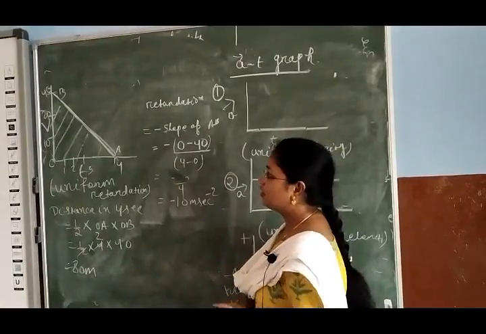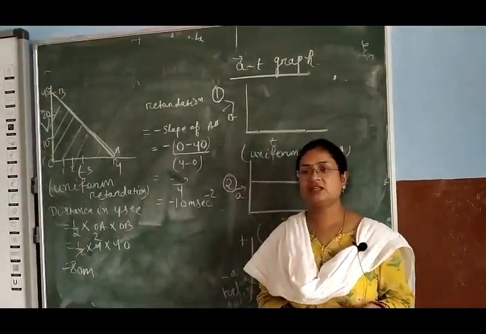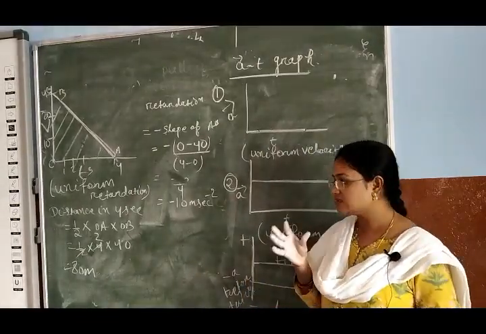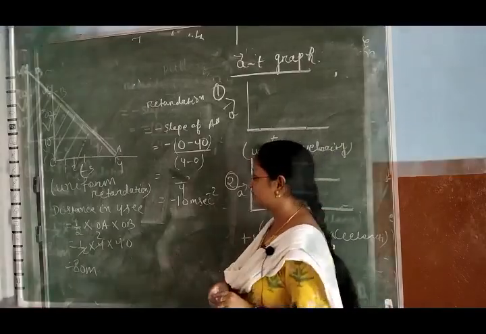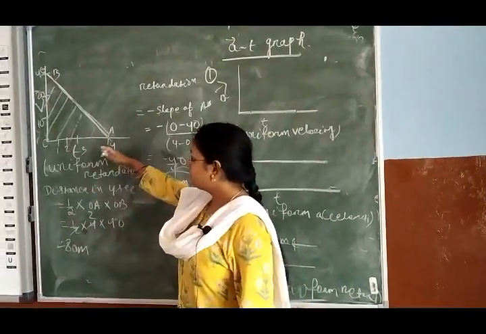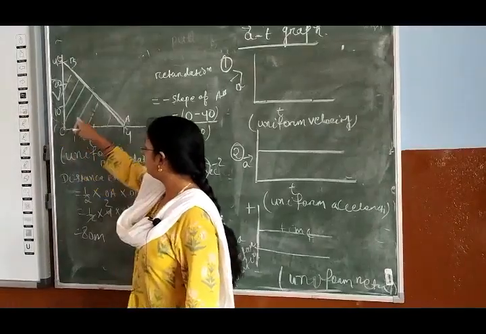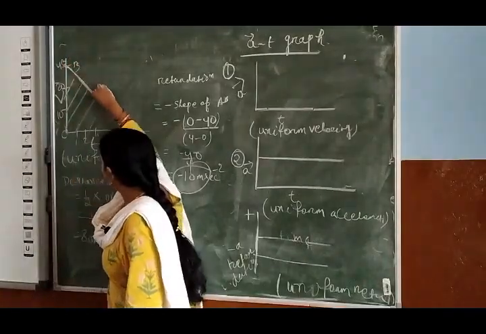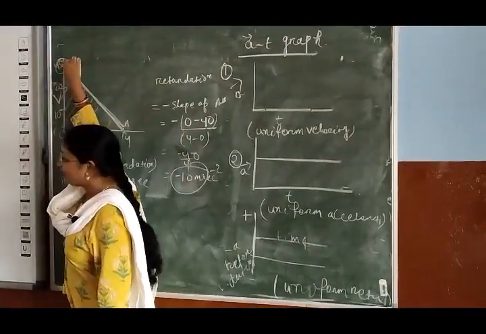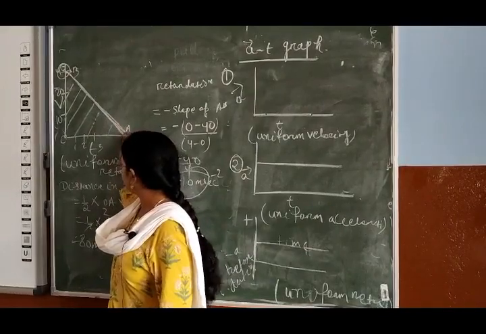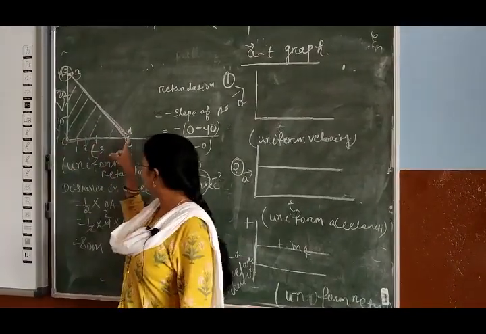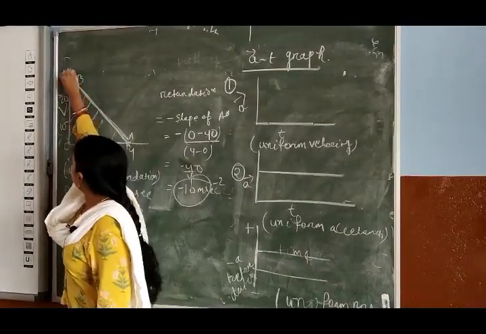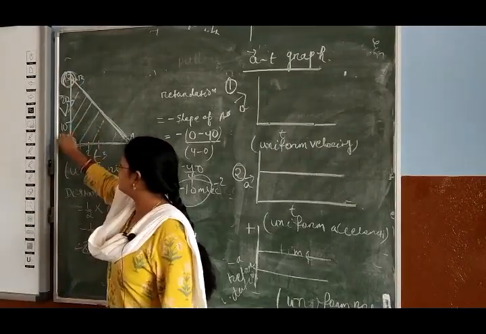Similarly, I have told that from the velocity time graph, you can also calculate the acceleration. Here also you can calculate acceleration, and here you will see that the acceleration is negative. You see that the initial velocity, this line starts from here, 40. That 40 is your initial velocity, and here at 4 seconds the velocity is 0. Understood? At 4 seconds the velocity is 0. So that means initial velocity is 40 and final velocity is 0.